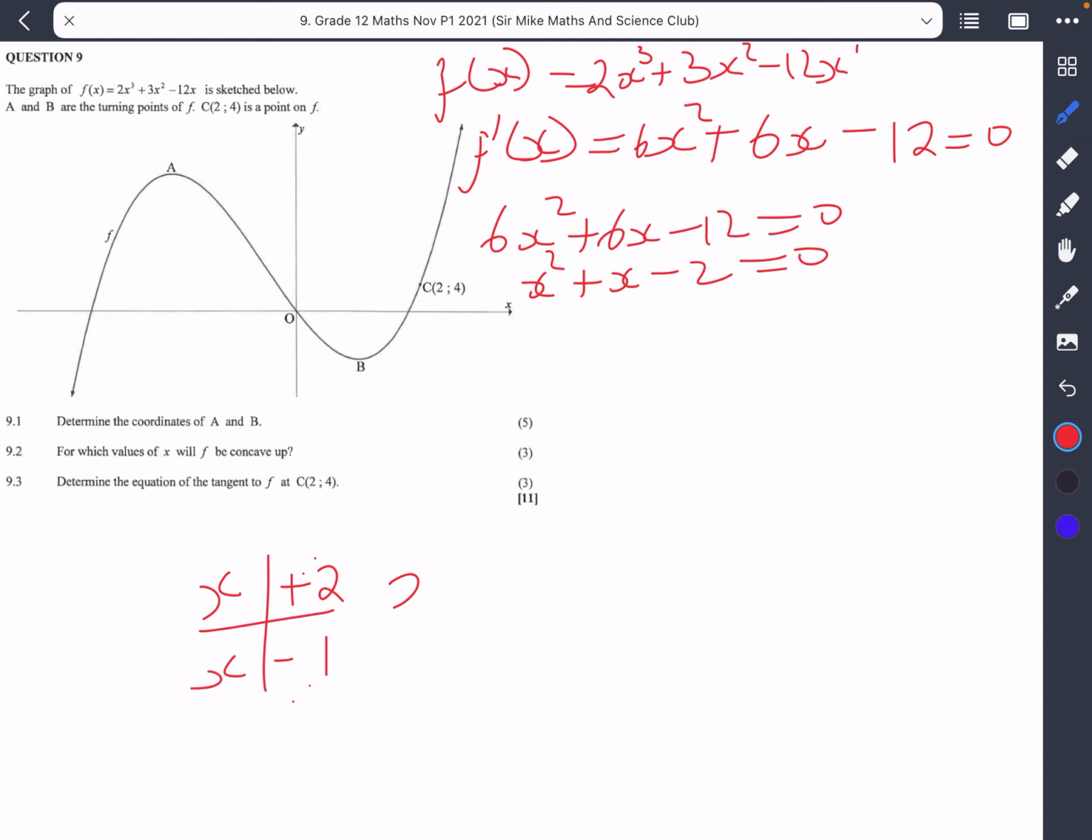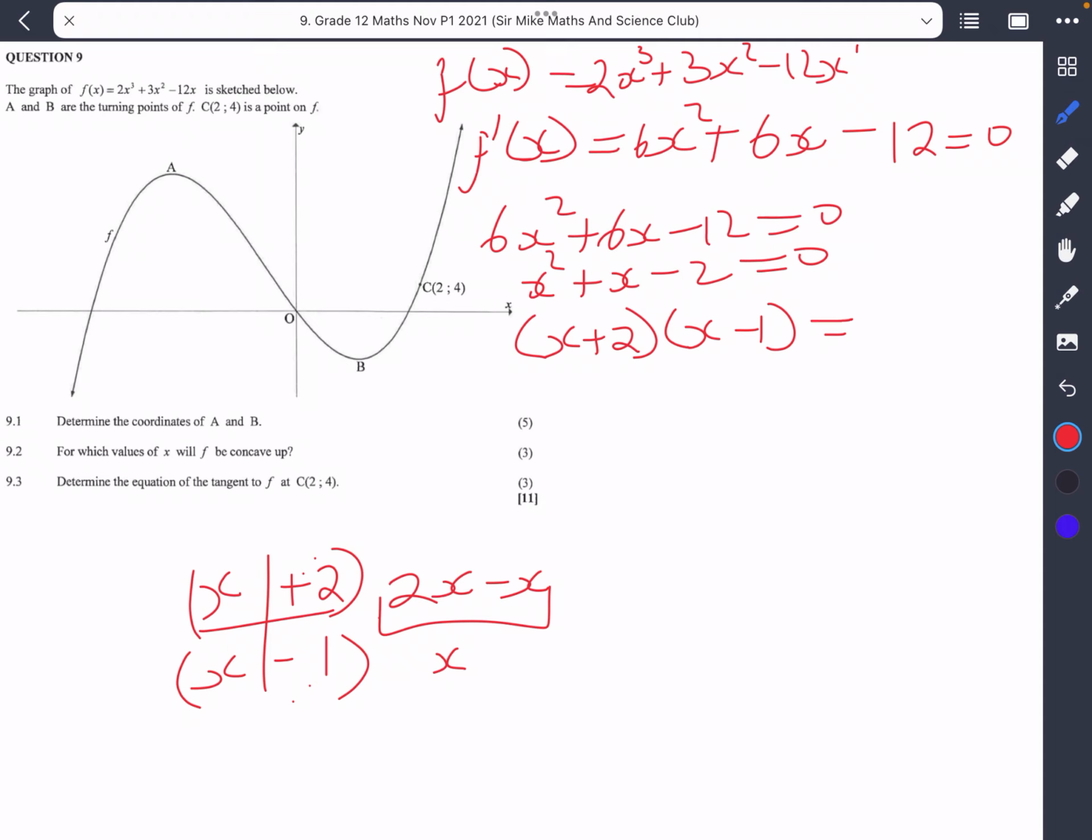And of course, I'm just gonna do the same thing. So in this case, I would have 2x minus x. If I cross multiply that, when I add this, I would actually get x. So in this case, this would be what my factorization should look like. So I should have x plus 2 all multiplied by x minus 1, and then you equate